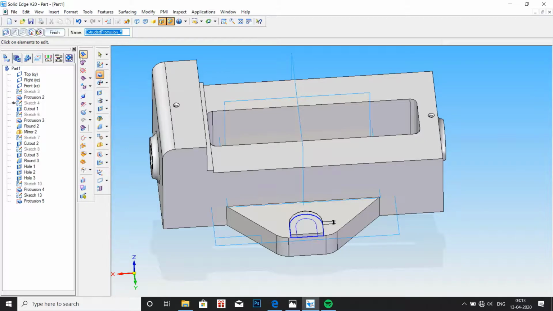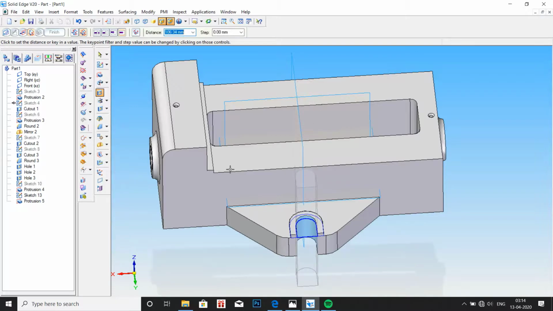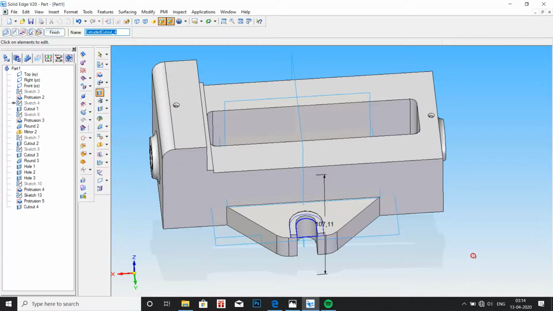And at the center we have to produce a hole or a groove. So select that profile at the center and click on OK, and now select cutout, symmetric cutout. Just drag it. So we are done with the clamping part of the body.